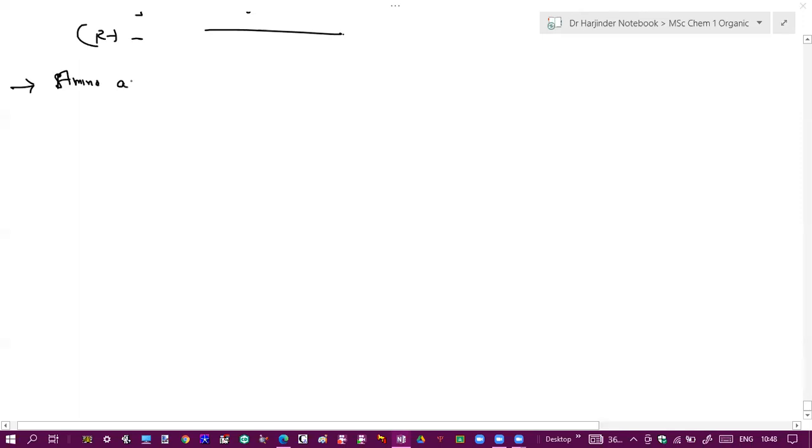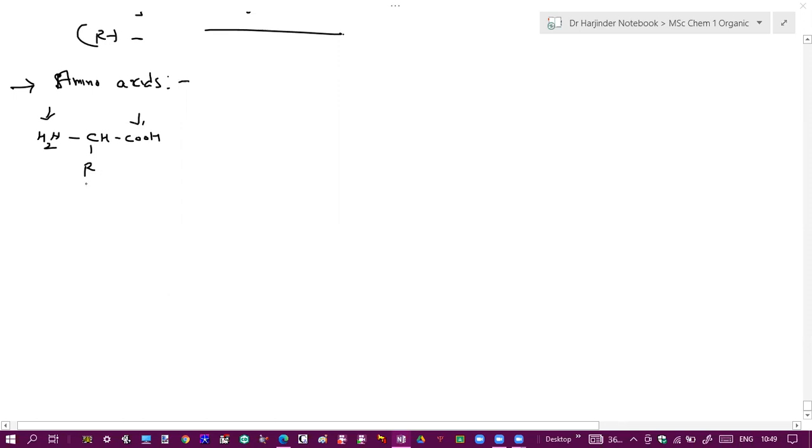What are amino acids? In an amino acid, you have both the NH2 group and the carboxyl group present in the structure. So here you have CH, COOH, R, NH2, and they exist in a zwitterionic form. So here you have both NH2 and carboxyl group, and suppose you have a mixture of two amino acids, a racemic mixture of amino acids.